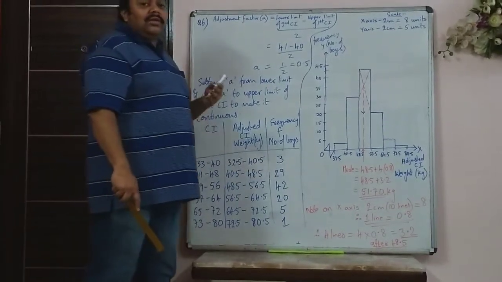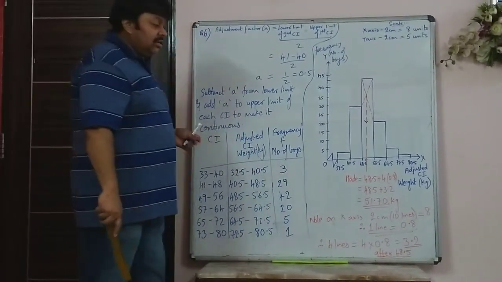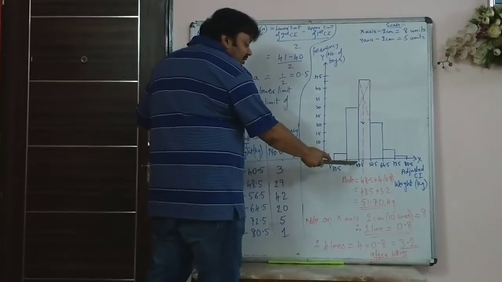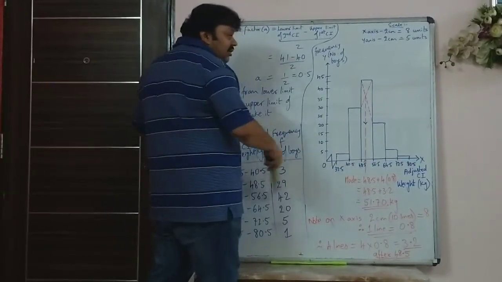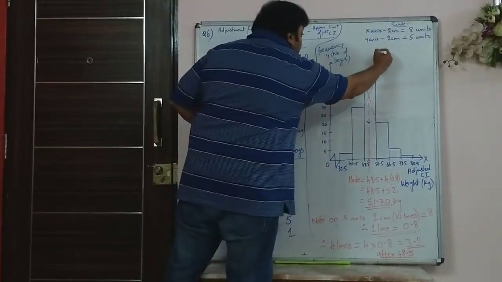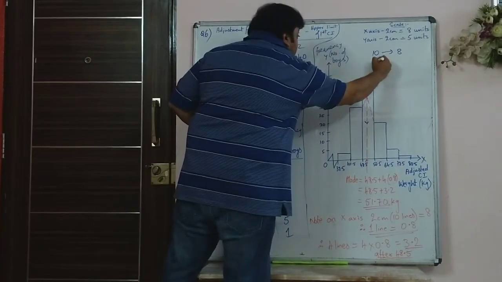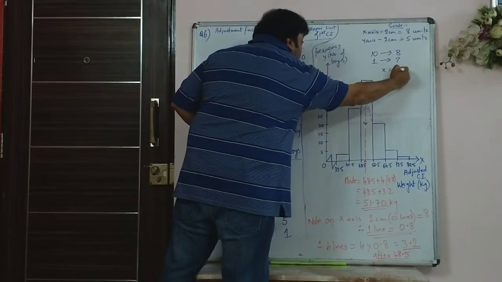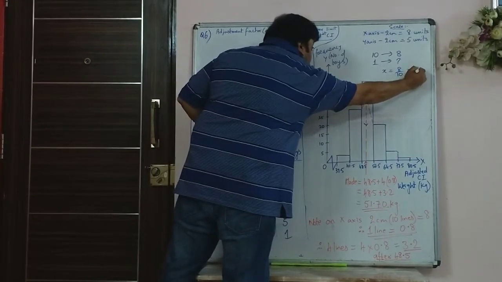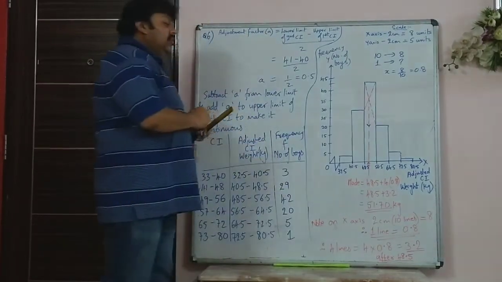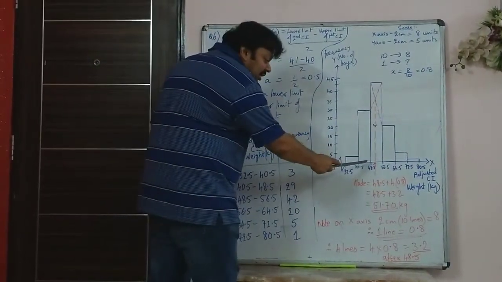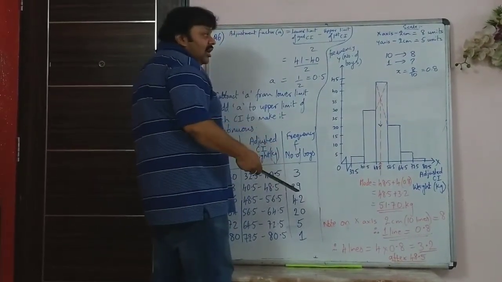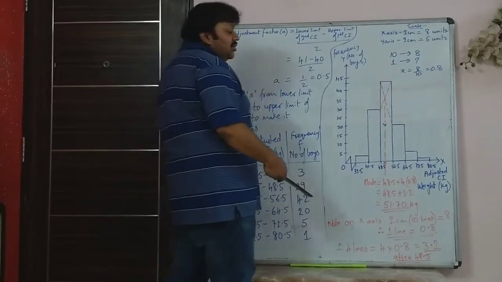Now what is 4 lines after 48.5? How do you calculate it? Each scale has 10 divisions, and 10 divisions is 8. If 10 divisions is equal to 8, then 1 division will be how much? So that will be 8 upon 10. Each division will be 0.8. So 10 divisions is 8. So one small line will be how much? Each small line will be 8 upon 10, that is 0.8.